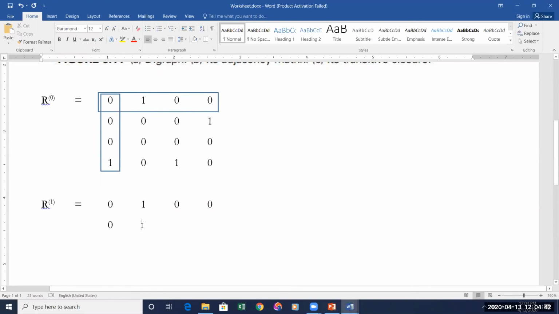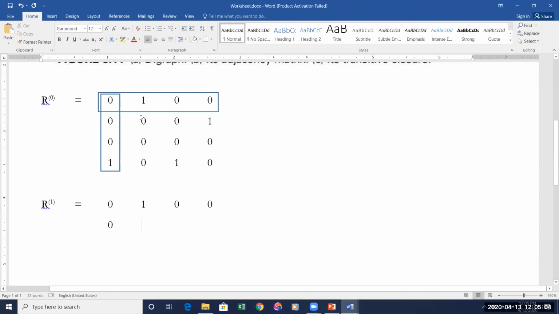I'll come to the next one. So now we have to fill this position. Look at the position of the same cell in the previous matrix. It contains a 0, isn't it? The rule tells that if it contains a 1, then directly you can write a 1 here.